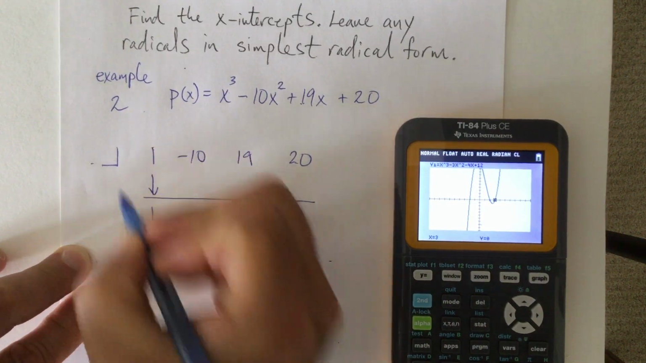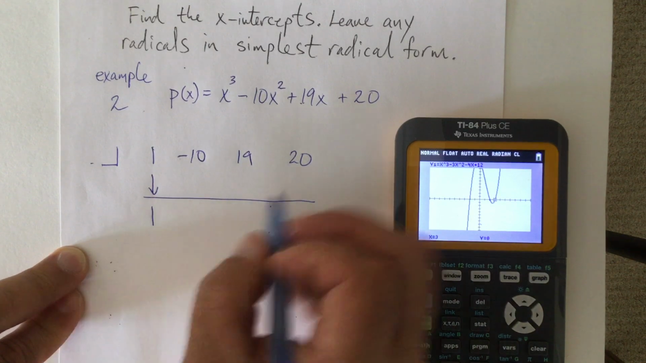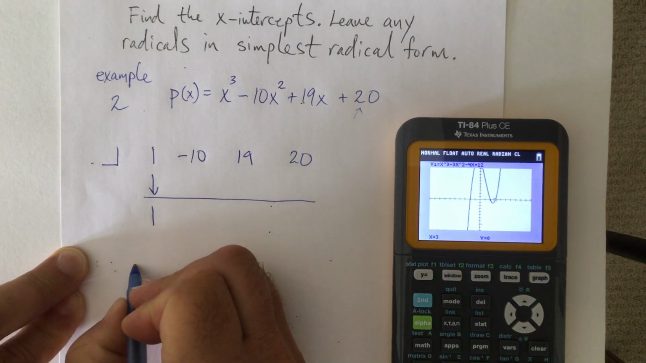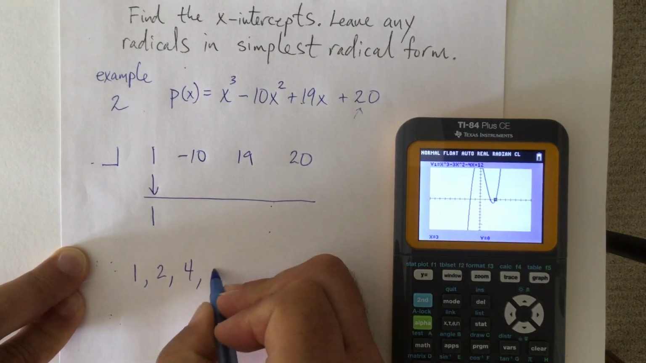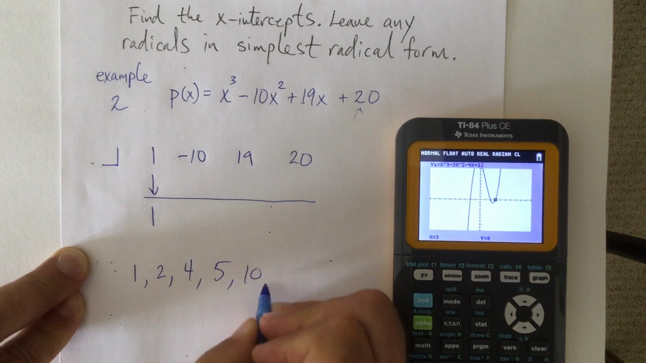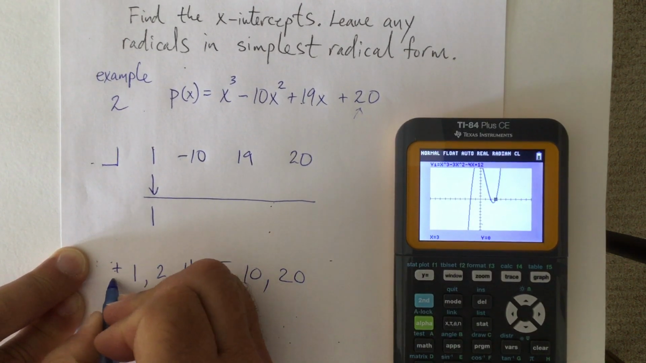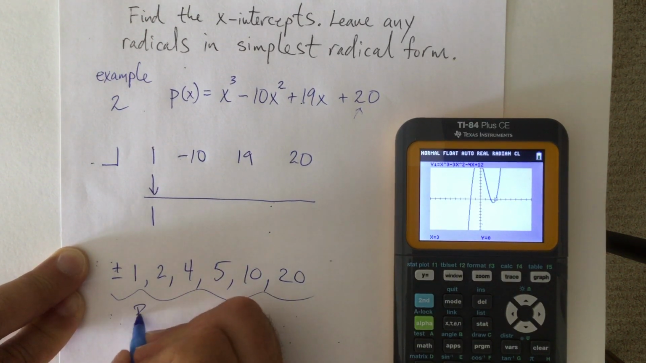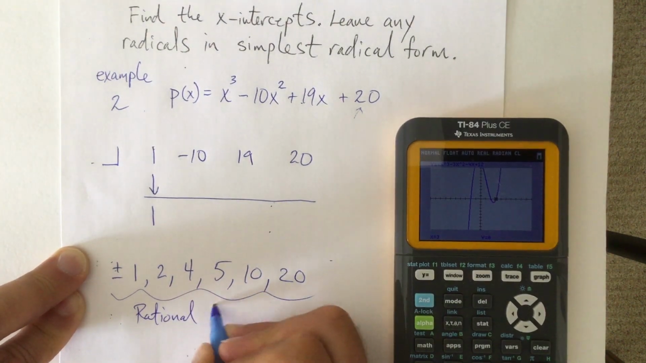I've got to pick a shelf number. What shelf numbers should I use? They should be things that go into 20. So it could be 1, 2, 4, 5, 10, or 20. Those are things that go into 20. It could be a positive thing or a negative thing. So these guys right here are called my rational roots,